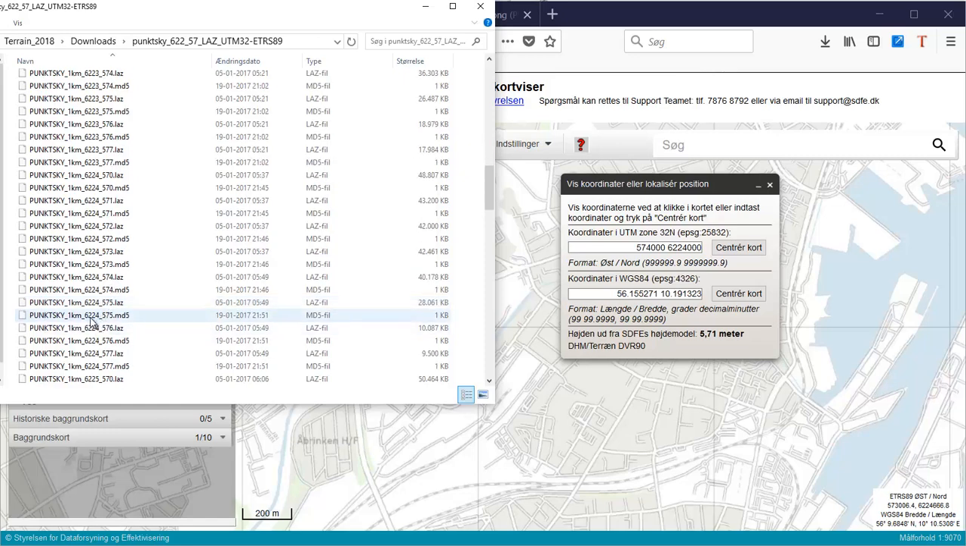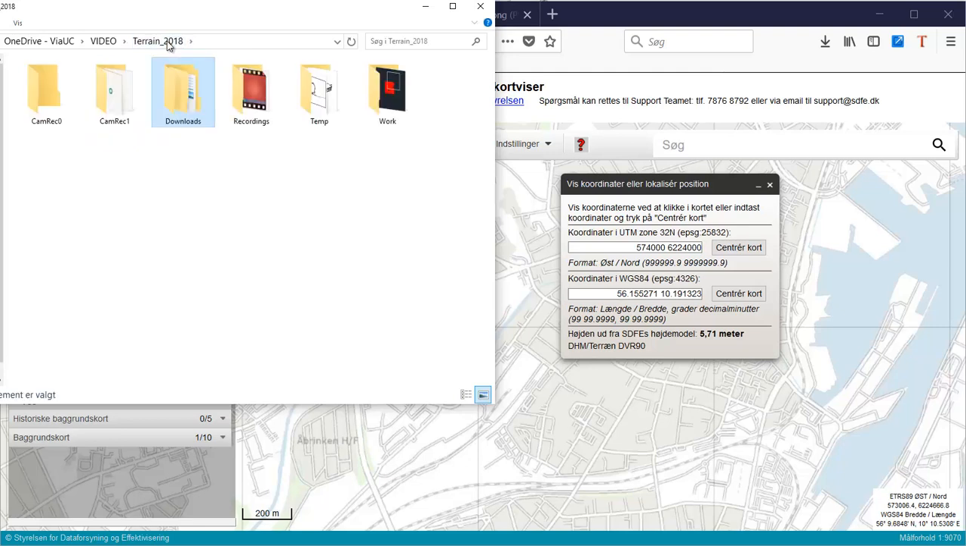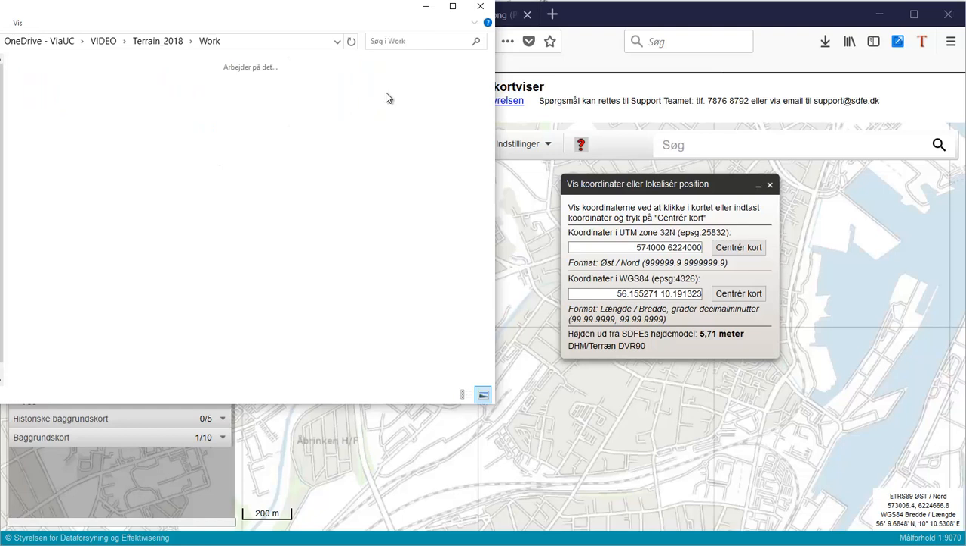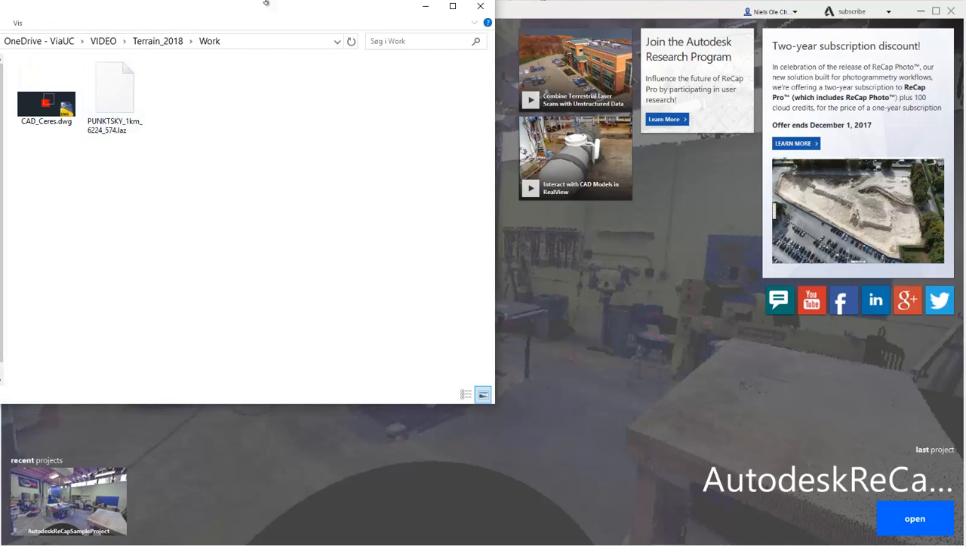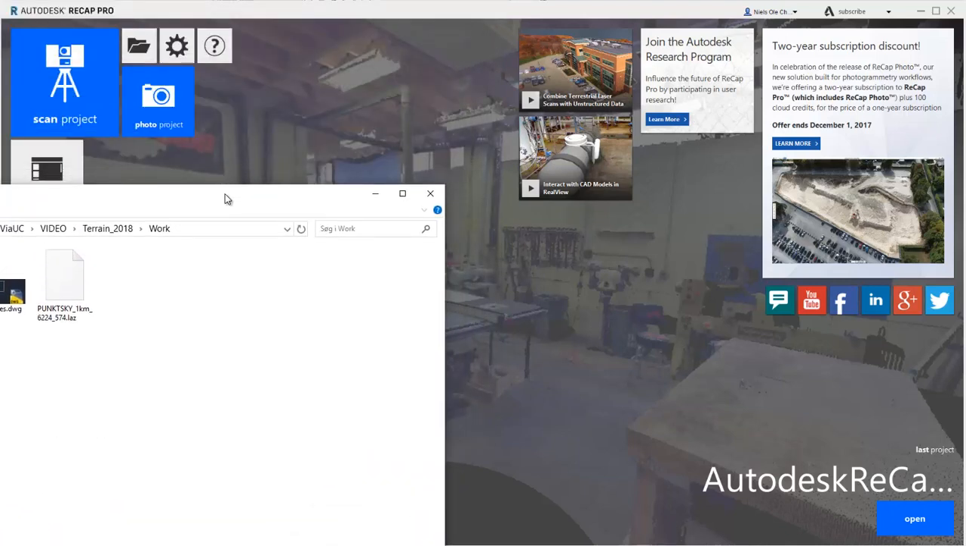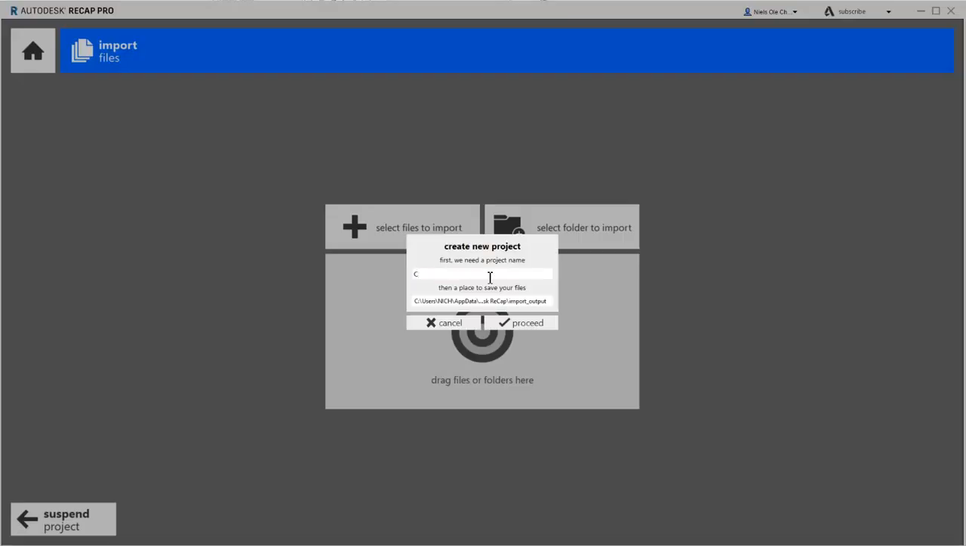So go to the map viewer and locate the UTM coordinates and find the correct file. Actually, this is the one that we're going to use now, so you can delete the rest. Place it in your project folder, this LAS file. In order to be able to work with the point cloud, we need to convert this LAS file into a Recap format. So start a new scan project in Recap,